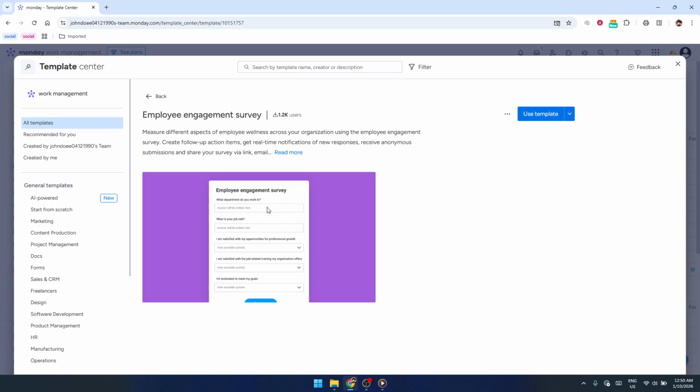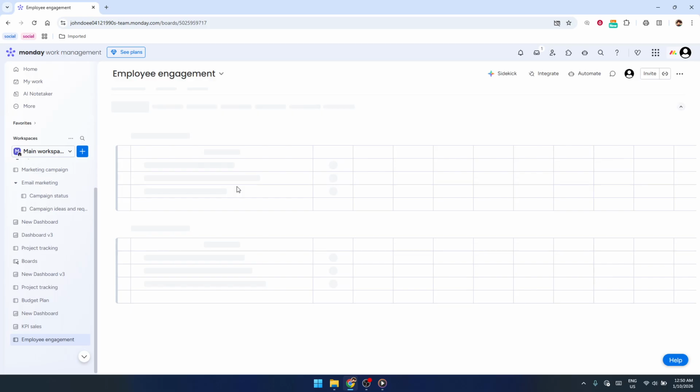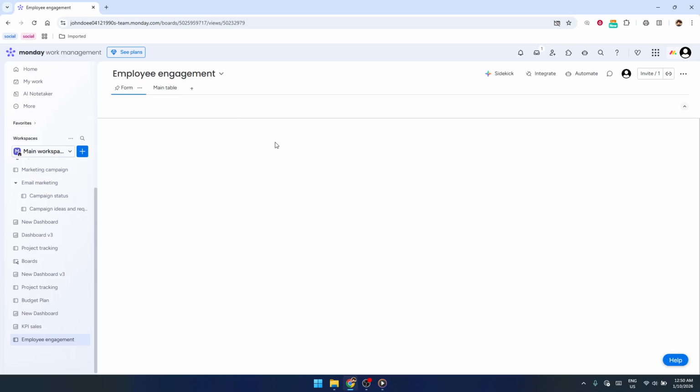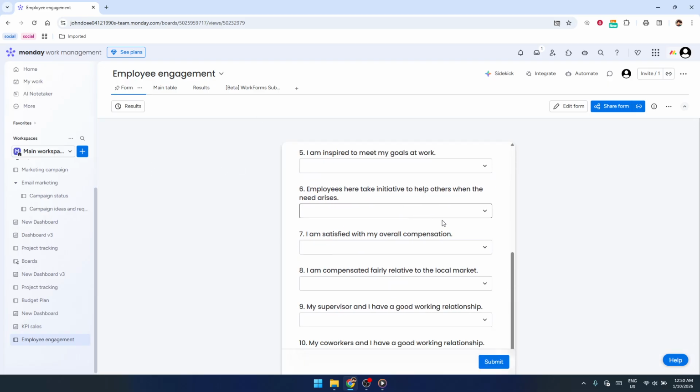After you've chosen your template, click the Use Template button. Monday.com will now create a new board in your workspace based on that template. This board comes pre-configured with useful columns and example items, which saves you a lot of setup time. Along with the board, Monday.com also automatically generates a connected work form. This work form is the actual survey that people will fill out, and all their responses will flow directly into